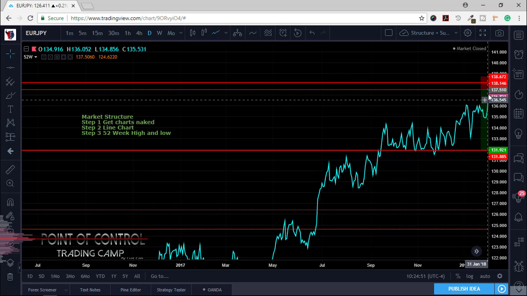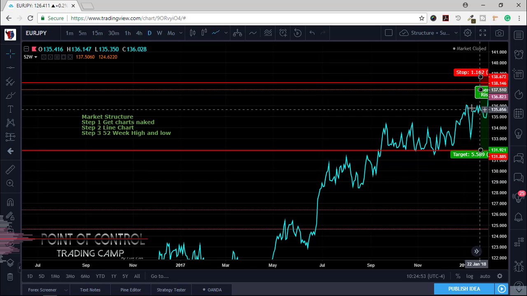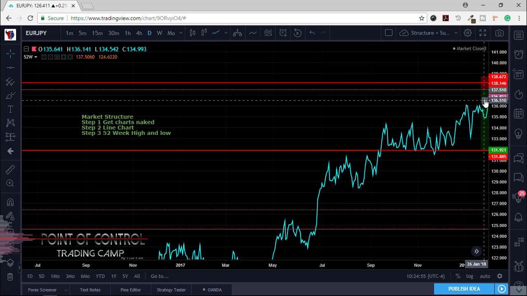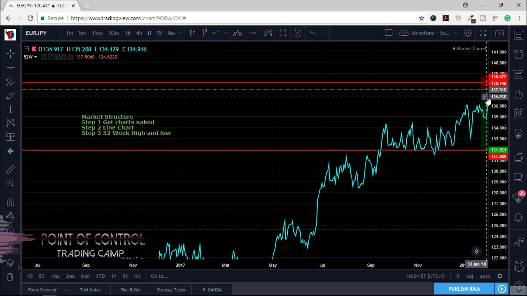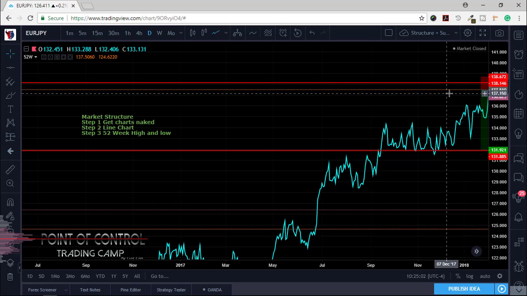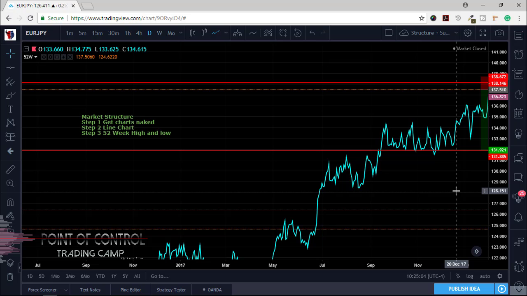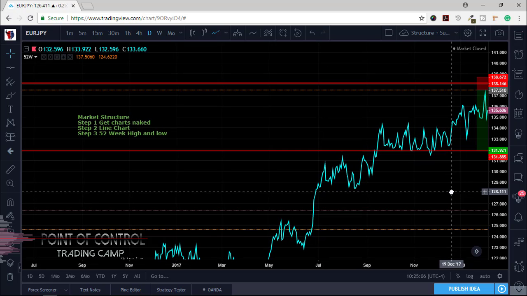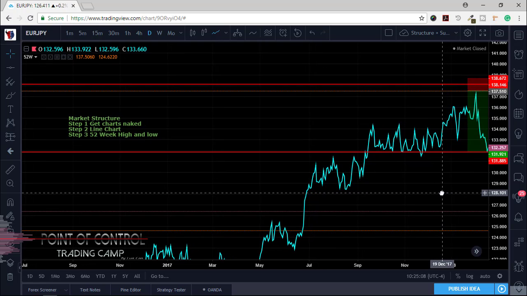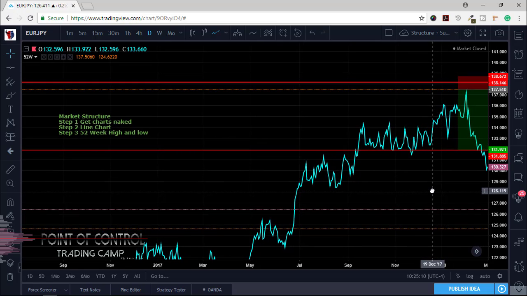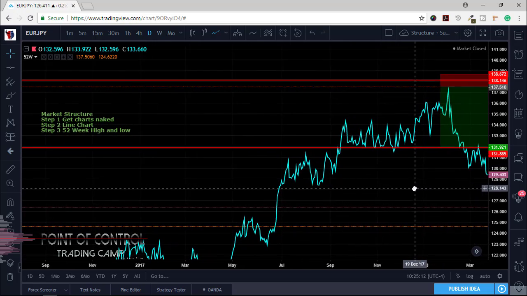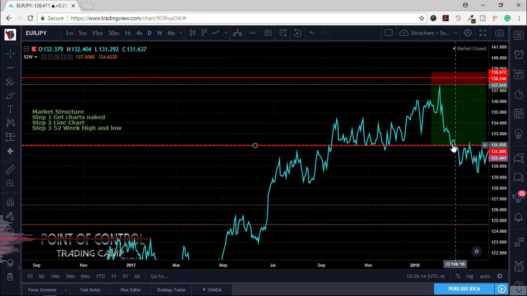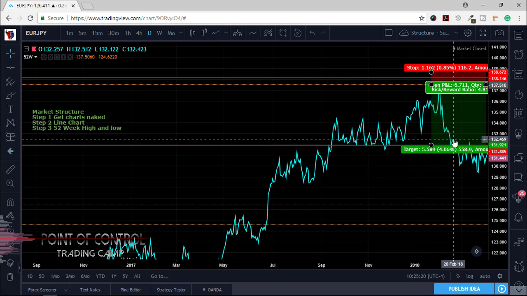Now, look what happened. If you're looking at this chart right here, at 136.30, you know it's about to hit the 52-week high. Then you already saw the future, but look what happened. Look at this, guys. And don't feel bad, okay, because look how it respected the support. Right here, it respected the support and it bounced back.